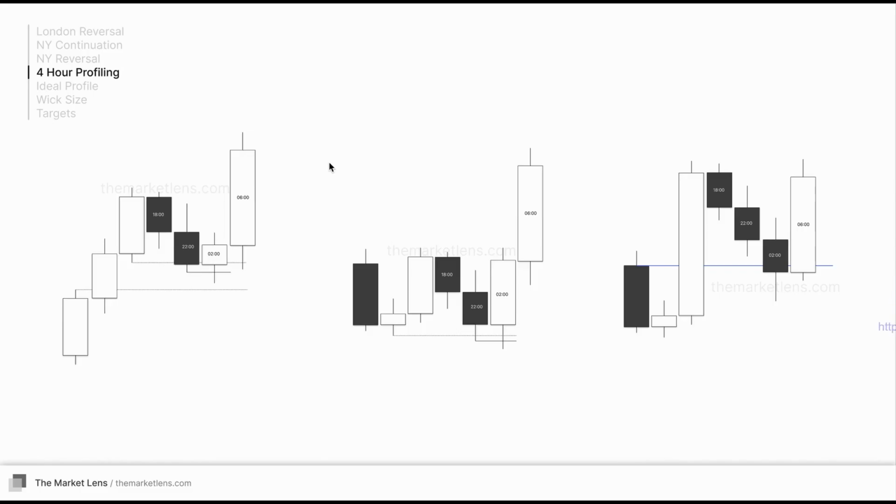New York continuation where London puts the low of the day in from a 4-hour key level. So as you see, we obviously have a reversal visible by the candle closure on the higher time frame. So this is very obviously a continuation that we will be seeking within the 6 a.m. candle. Here we have a swing point low again, obvious reversal within the London session. So we will be seeking near continuation, right, with that small opposing run on all these examples, right, supporting expansion